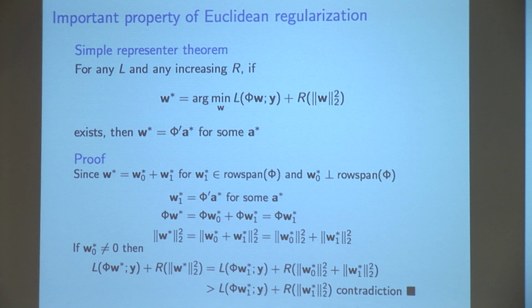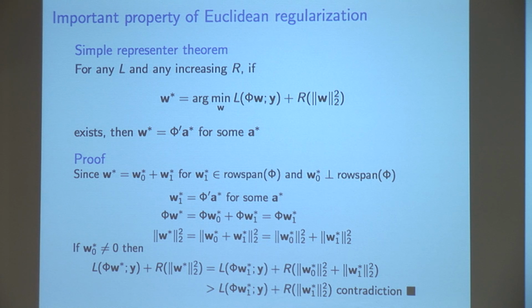I'm not going to show proofs, but this one's just so easy, anyone can get it. Why is it the case that if I solve this problem, the solution is guaranteed to be a linear combination of the data, the original feature vectors? Well, it's not hard. Just look at any vector. Well, we could look at the optimum vector, but take any vector.